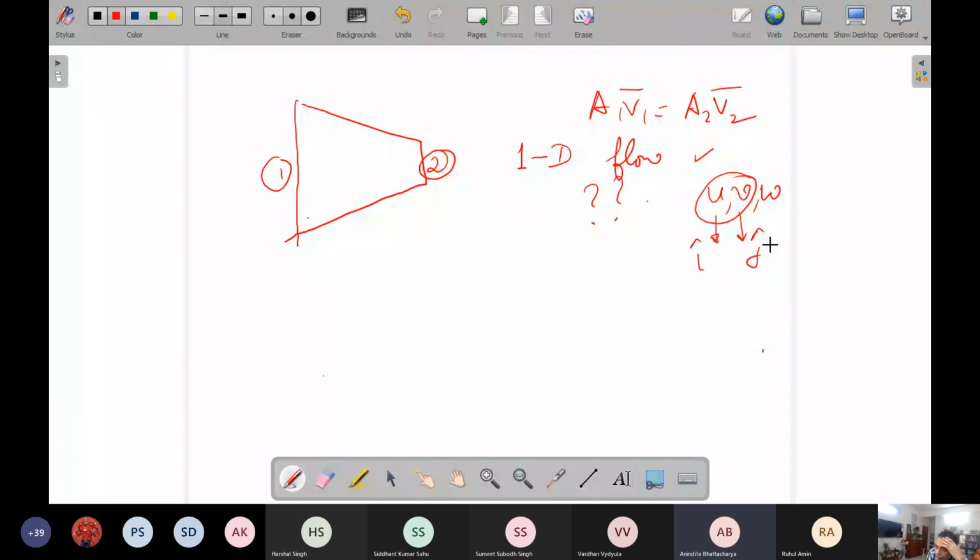Any other observation before I give an answer to this? Anybody else who wants to? So the continuity equation will be A1 U1 equals A2 U2, like in this case. Yes, that is what I have written. I have just used 2 different symbols. If you want me to use U in place of V, I will use that.